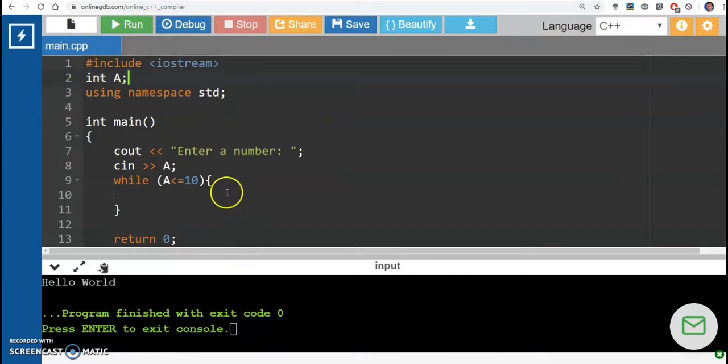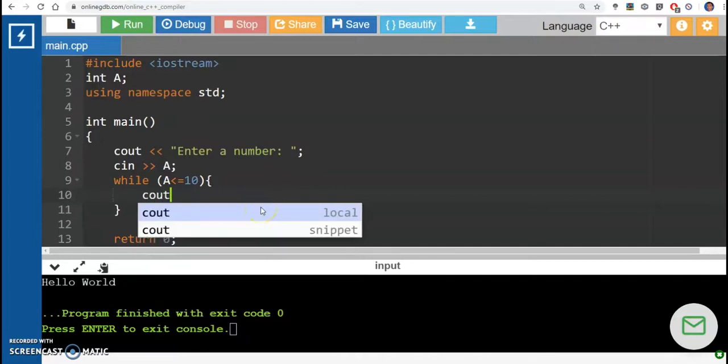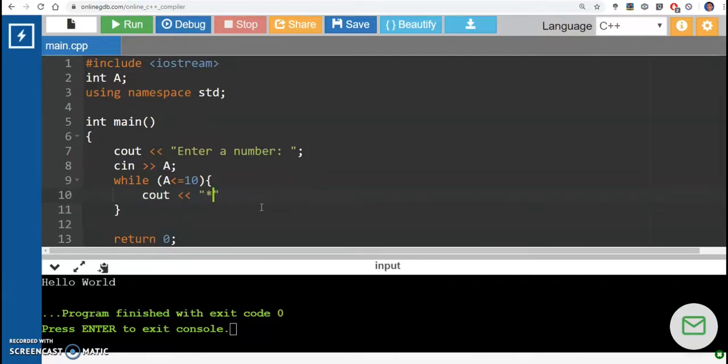Okay, so coming back to your program, so you want the asterisk to be printed according to the number entered by the user. Alright, so let's say we like to print out horizontal manner. Okay, today I would like to introduce to you this symbol. Okay, we'll show you what it means later. Okay, so you've used the variable A, you declared the variable A, so this looks right. Okay, while the A is less than 10,